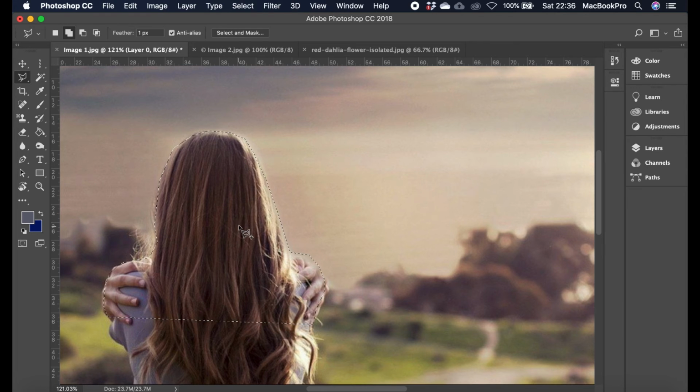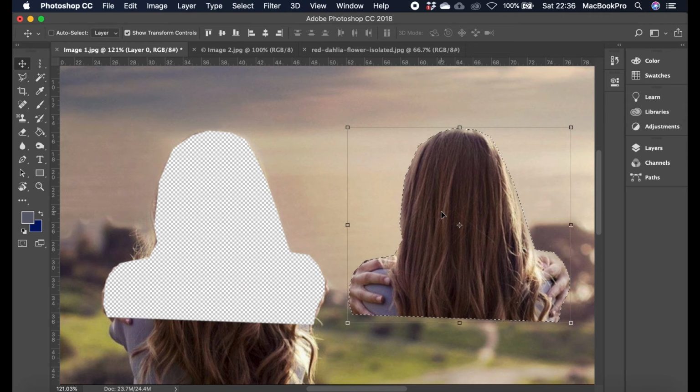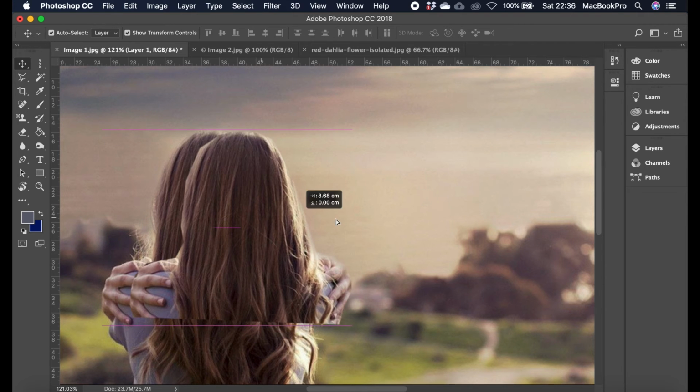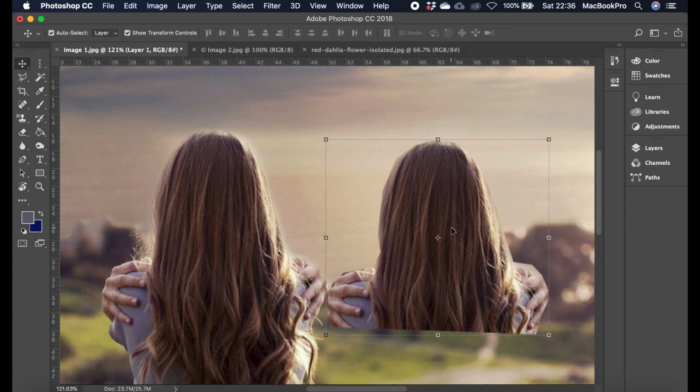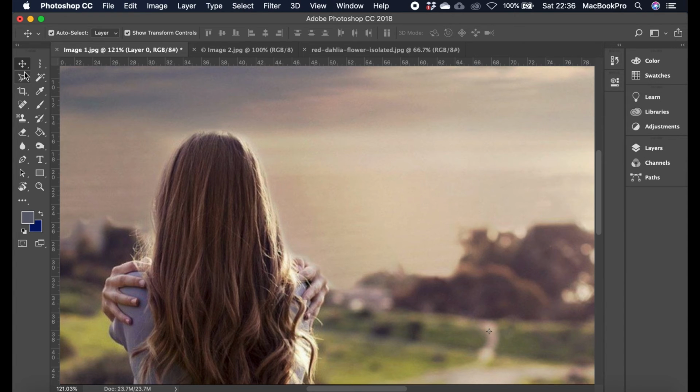Okay, so I'm going to move this selection out. If not, you can simply copy and paste this to duplicate it. So I'm going to delete it, and the next selection tool we have is the Magnetic Lasso Tool. The Magnetic Lasso Tool is easier, depending on the image and the object that you want to crop